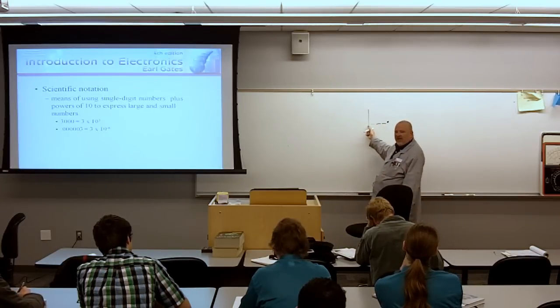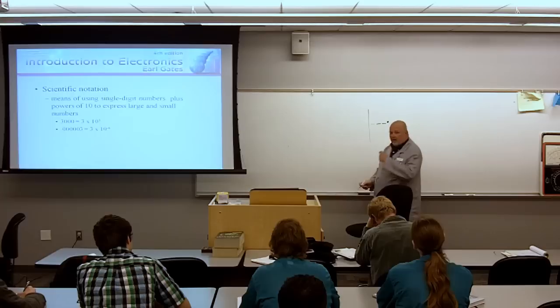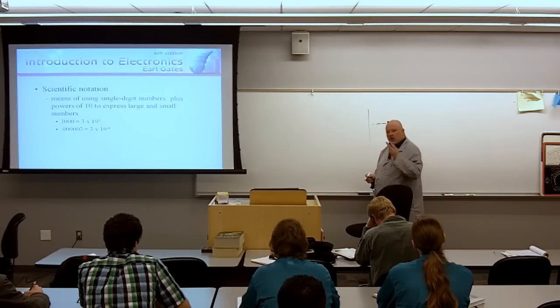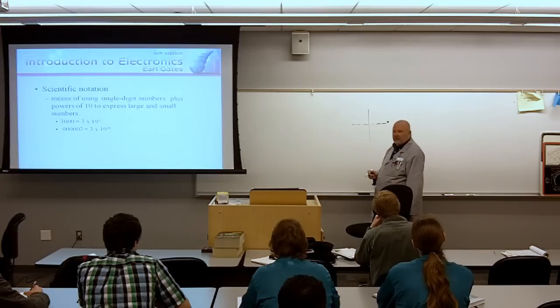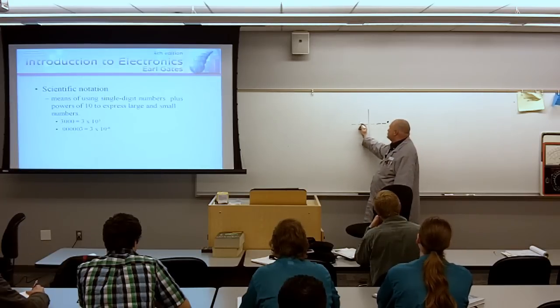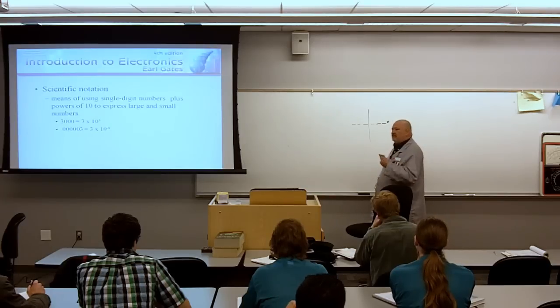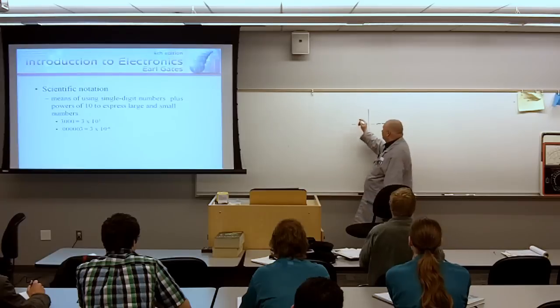Now, if I go here to my thousands column, the 1,000 column, basically what I'm doing now is this is times 10 to the third. Everything in here will be times 10 to the third. This could be 1 times 10 to the third, 22 times 10 to the third, 943 times 10 to the third. Make sense? The reason that I'm so infatuated with having you put it in engineering notation is by 10 to the third,